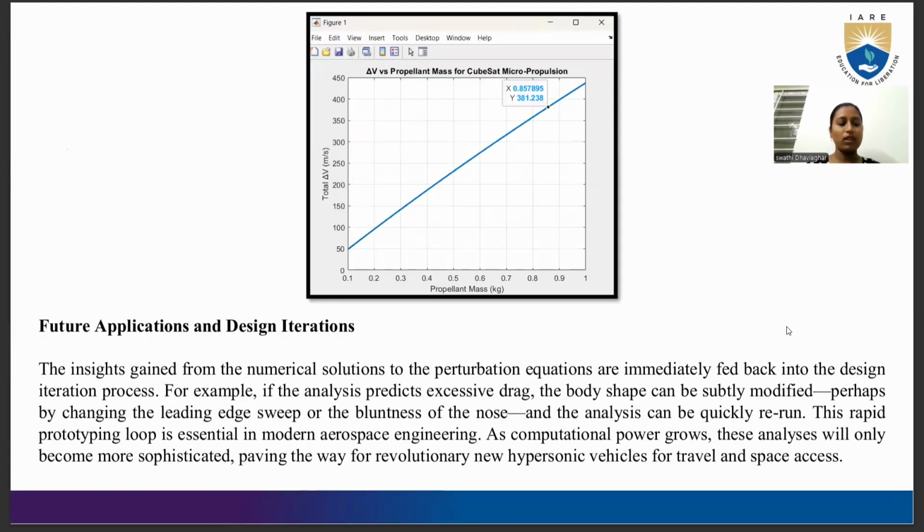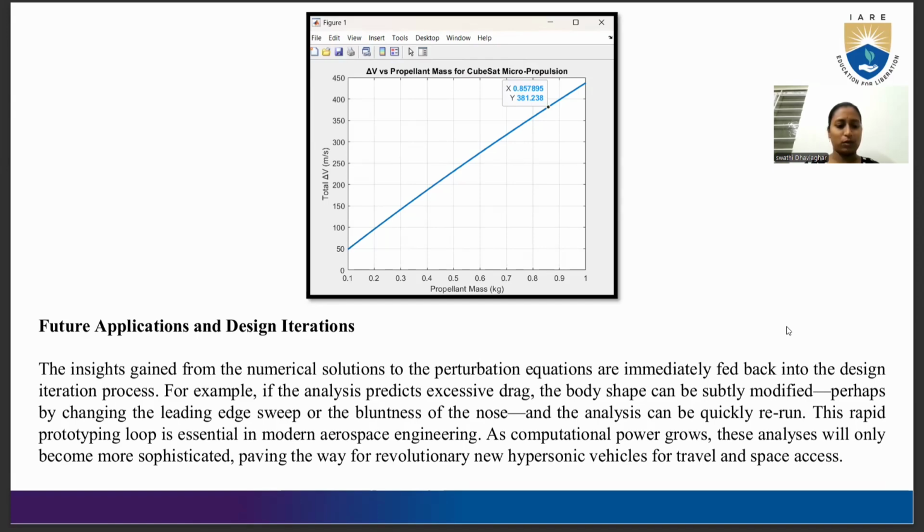Iteration, future application and design mission. By seeing the first figure, we can analyze how the MATLAB code is working on the propellant mass of CubeSat micropropulsion. The insight gained from the numerical solution of the perturbation equation is immediately fed back into the design